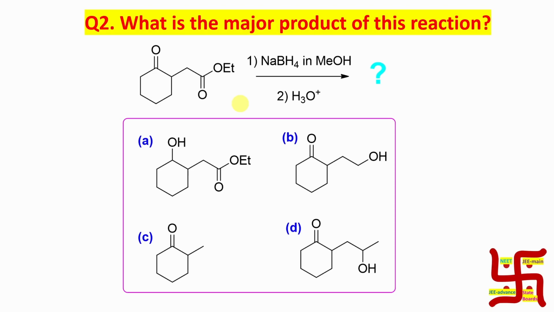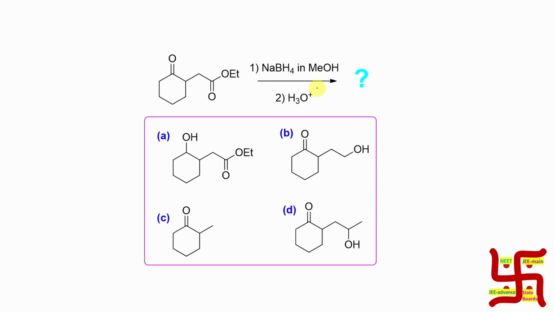I think you have tried. Let's start. So what is the major product of this reaction? Means this is a carbonyl ester compound reaction with sodium borohydride in methanol and later on acidic workup. Now if you look at this reaction, this is simply a reduction reaction, and sodium borohydride is actually